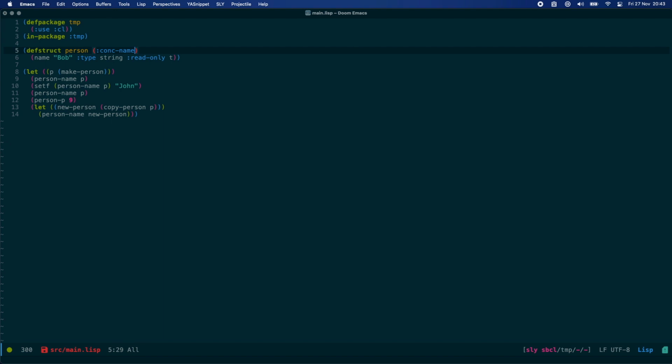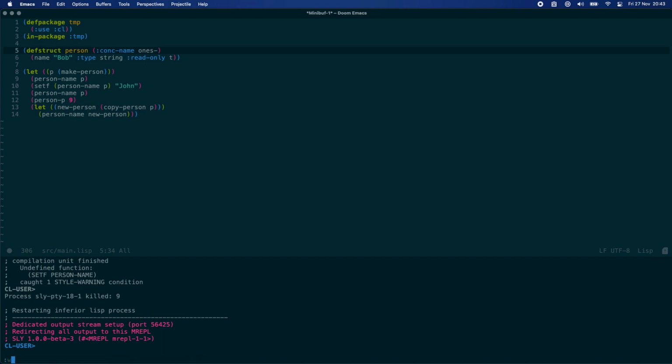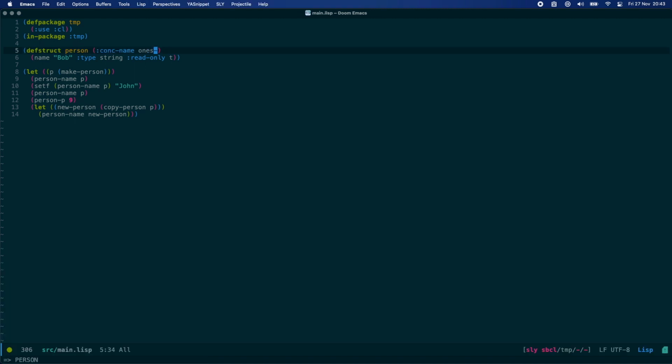So conc name, we provide a prefix. And again, restarting my interpreter there. So we've evaluated our person struct, but this time with conc name being ones. Now what this does,